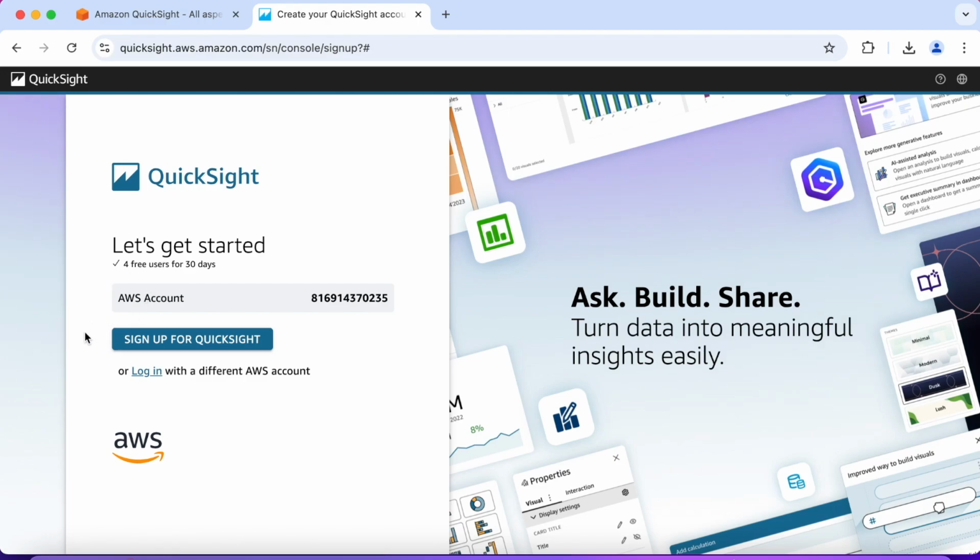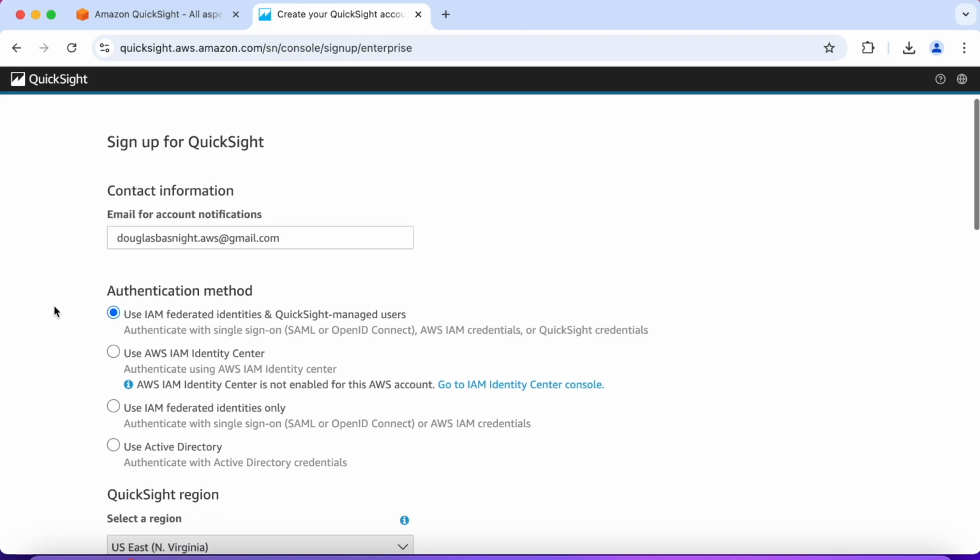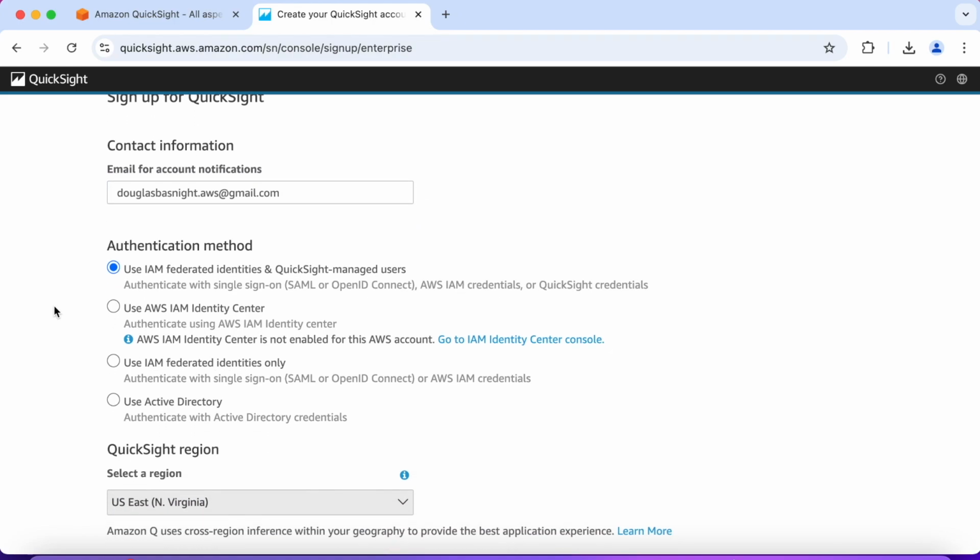You can see 4 free users for 30 days. So click sign up for QuickSight if you don't already have an account. Add an email. You can see there's different authentication methods. We're going to leave use IAM,